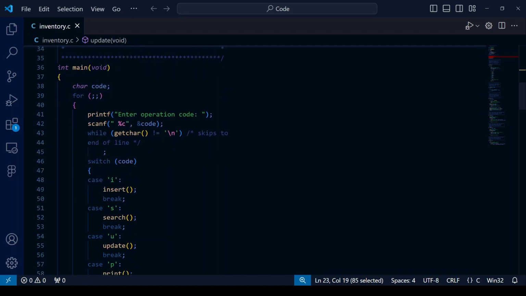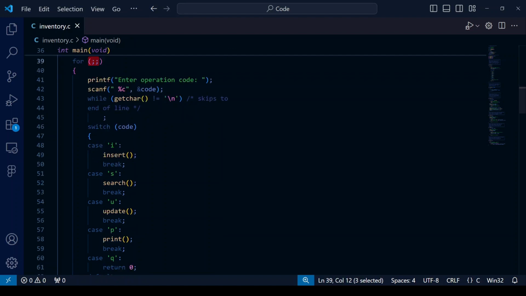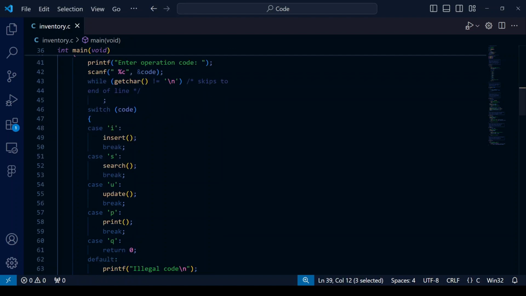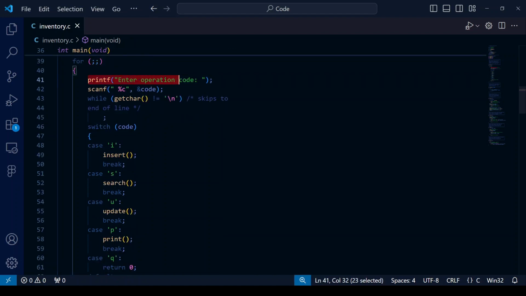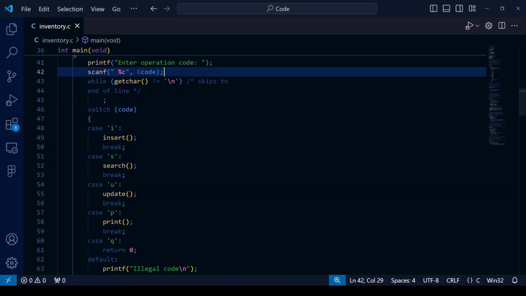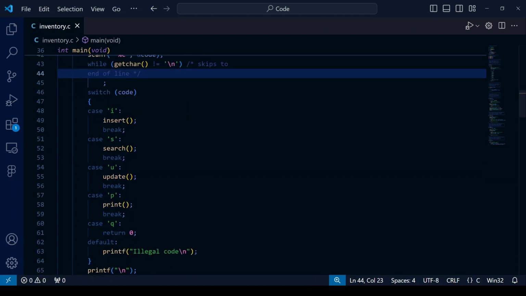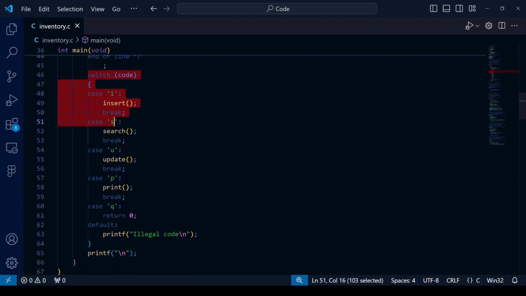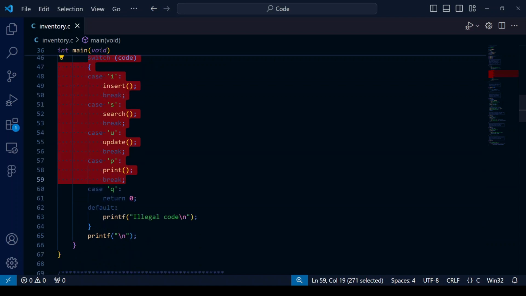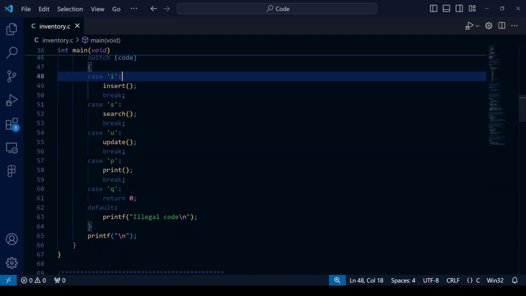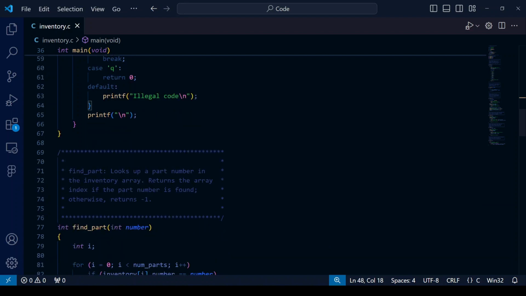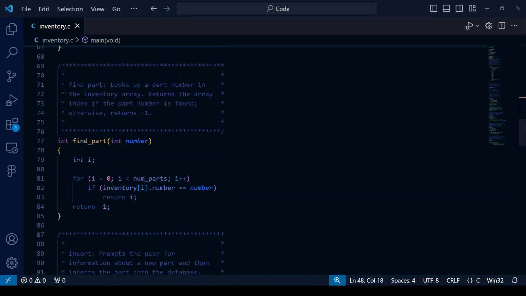And here is the main function of our code. So here we define a code variable, and here we have an infinite for loop, and the program will prompt the user to enter the operation code, and using the switch case statement, it will decide which operation it will do. And here in the bottom part of our code,